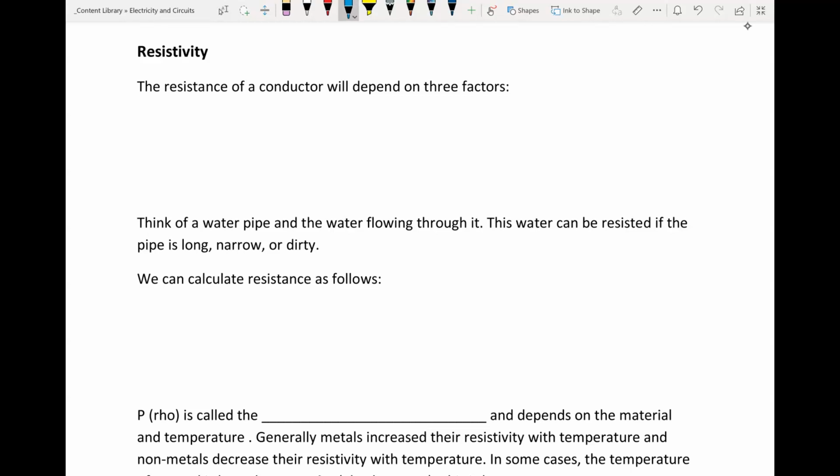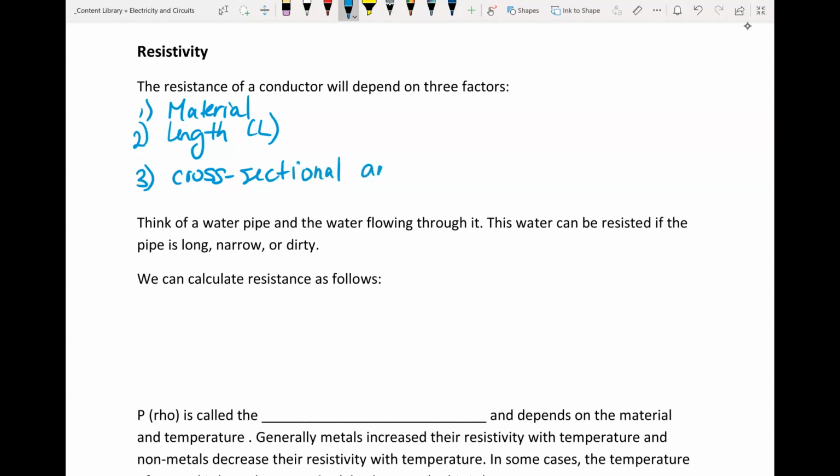So the resistance of a conductor will depend on three things. The first thing would be the material of the conductor, because depending on the material, it would help pass the current better or not. The other thing would be the length of the conductor. So if the conductor is really long, you're going to have more resistivity there. And then lastly, the cross-sectional area. So if you have a really thin conductor, again, that would make it more resistant for current to go through